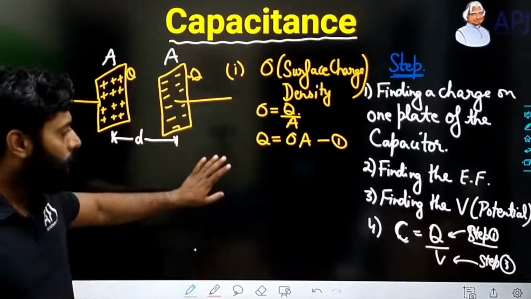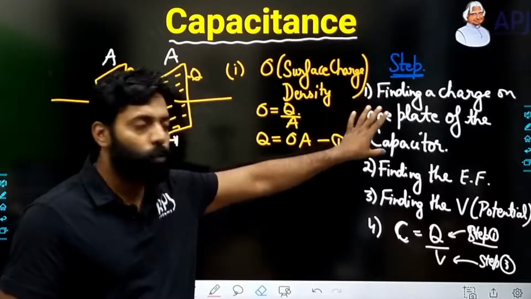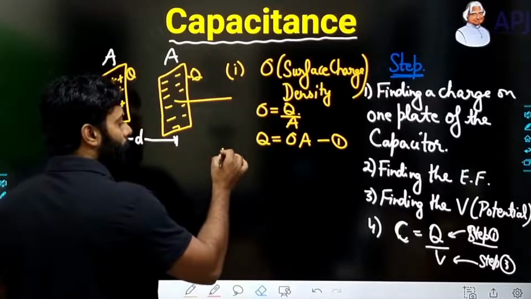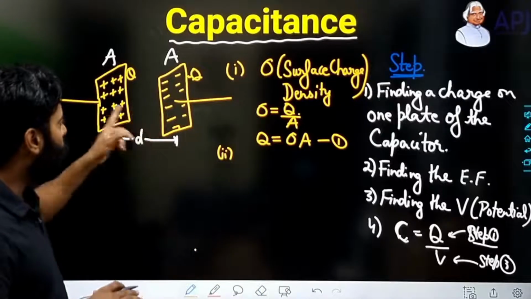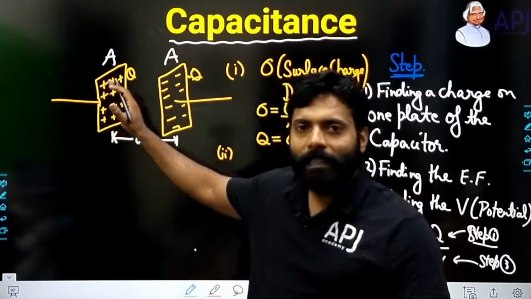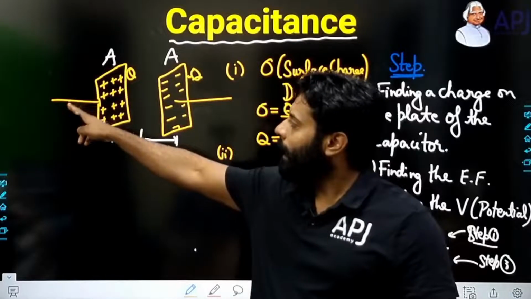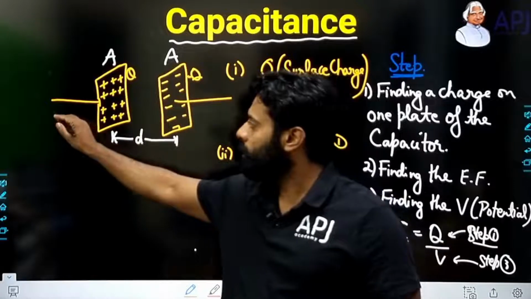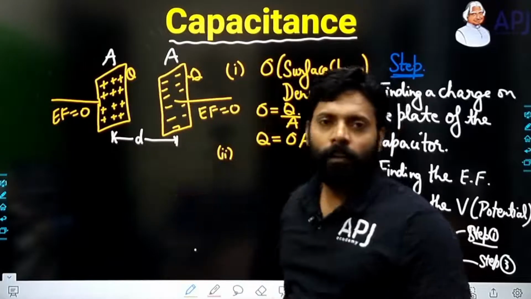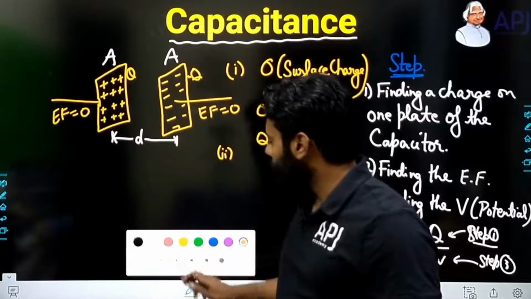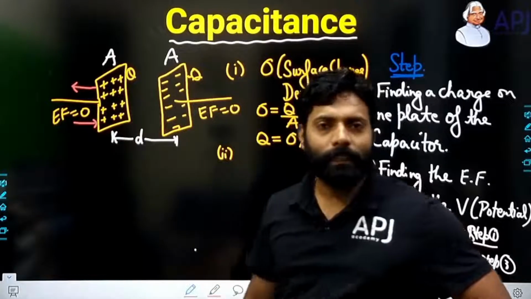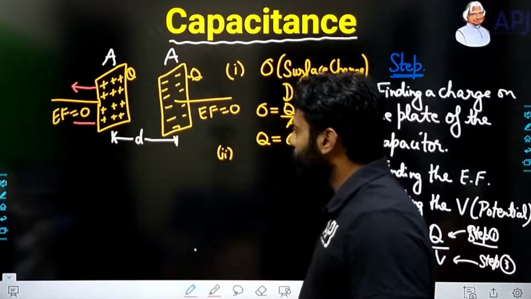Now we are done with that. We have found this, this is my step 1. I found the charge on the plate. Now what I have to do is find the electric field between the plates. If you go here, we know that the electric field due to a plate will be sigma upon 2 epsilon naught, right? The electric field here will be 0, the electric field here will be 0. Why 0? Because the electric field due to the positive charge will be on this side, the electric field due to the negative charge will be on this side, and they both cancel each other out,